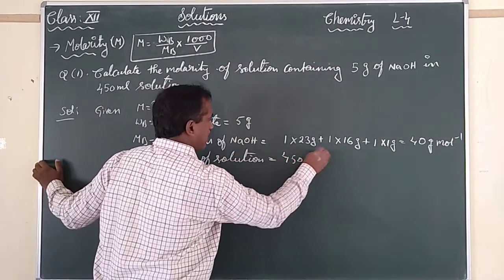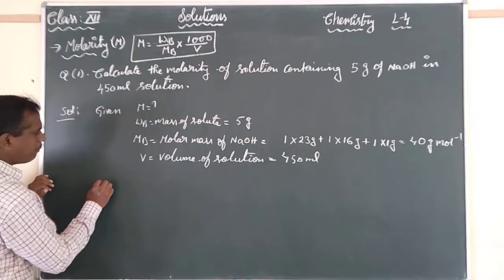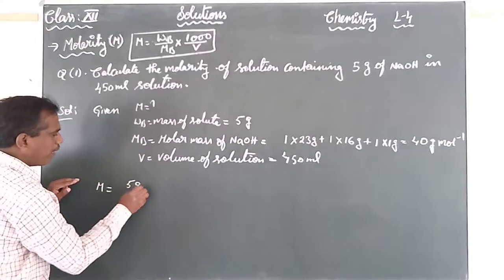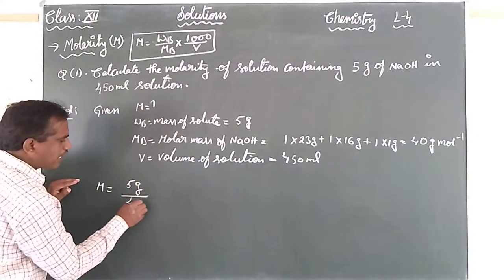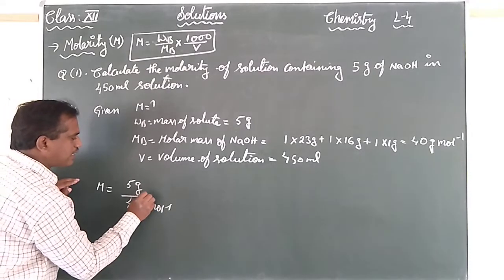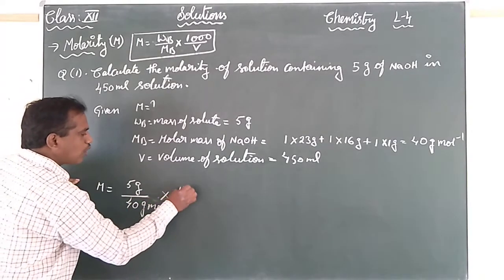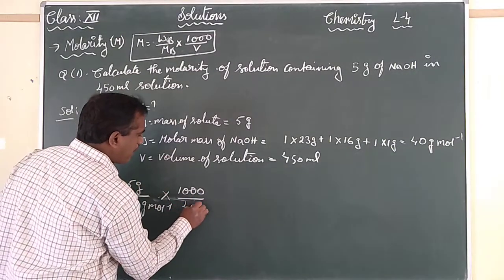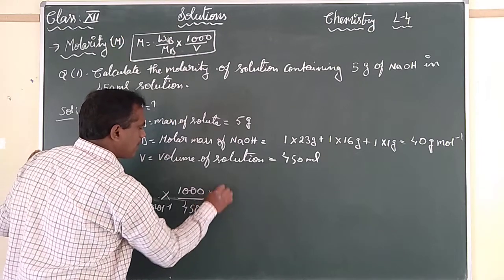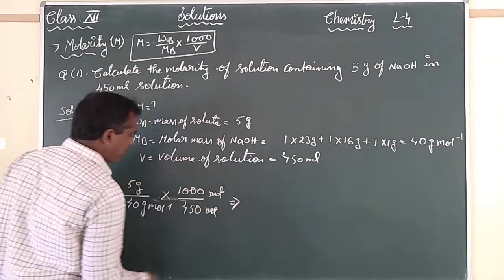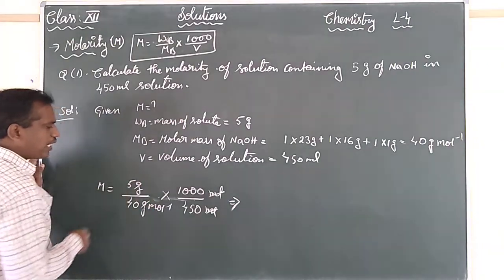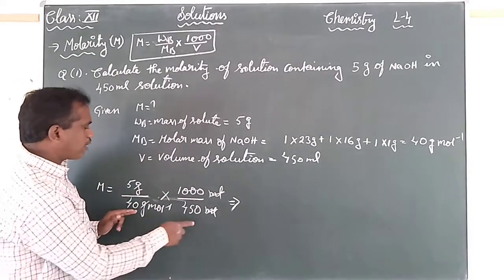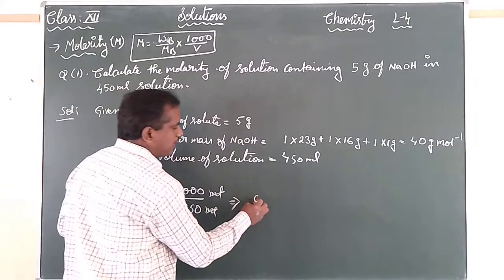450 ml is given. So substitute the values here. M is equal to WB, 5 grams, by 40 grams mole inverse, into 1000 by 450 ml. This 1000 ml and 450 ml, you can cancel, and you can see grams and grams you can cancel. How much are you getting? When you have 5 into 1000 by 40 into 450, you can see like